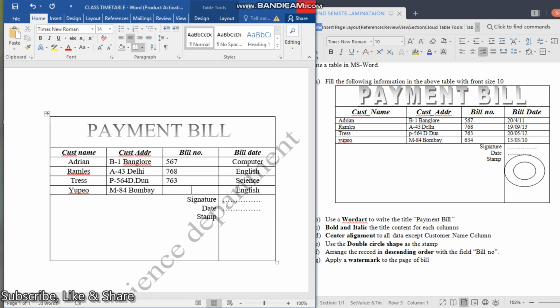634, then Control L, like that. Now build date, I'll have to delete this computer, and this is 2411, then Control L, like that. The next one, this is